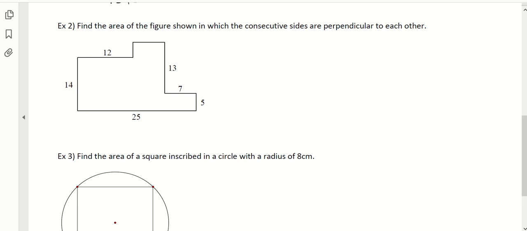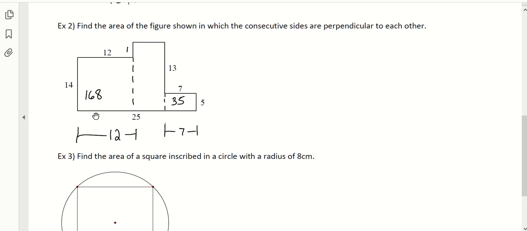Okay, so this is like an irregularly shaped figure, right? But we can divide it up into a number of rectangles. So here's one rectangle I can make, and here are 2 more rectangles I can make. So with that in mind, find the area of that figure. Okay, the rectangle on the left here, 12 times 14, we get 168 for this rectangle. Rectangle on the right, 7 times 5 is 35. The rectangle in the middle, okay,